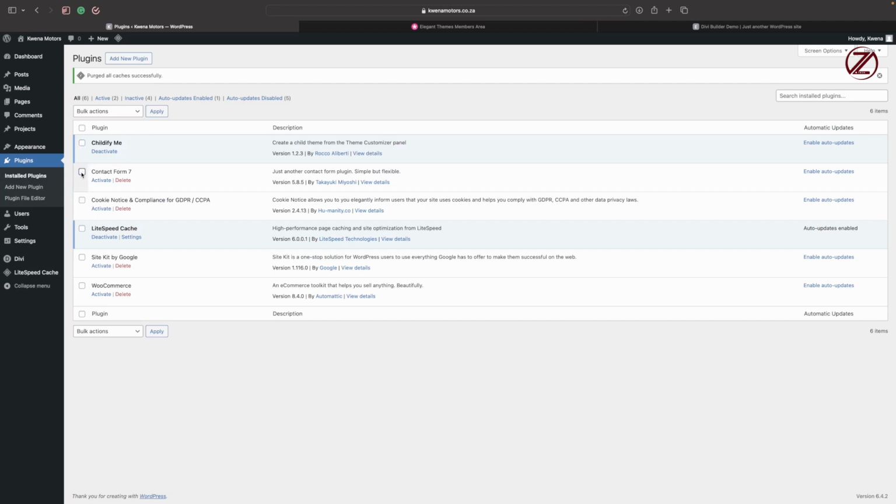We're just going to click on the tick mark and then tick it, and then tick that one, and then you see where it says bulk action. You're going to click activate and then apply. So that's how you can activate them in bulk. But if you just want to activate or deactivate one, you can just click on it itself, like right here. But I want to do bulk, so I'll just click all, apply, and